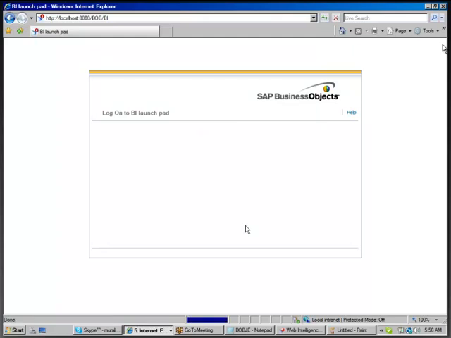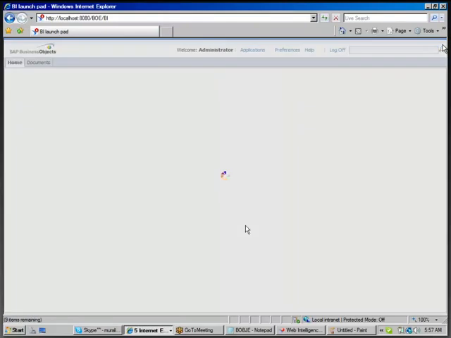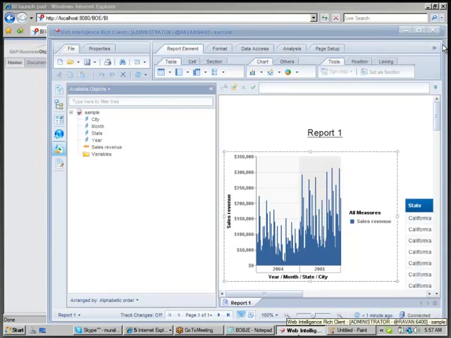They enter their username and password and click on login. Once they click on login, they are in the BI Launchpad. See now how you are distributing to the customer. You created this report using WebI Rich Client and published it into BI Launchpad.